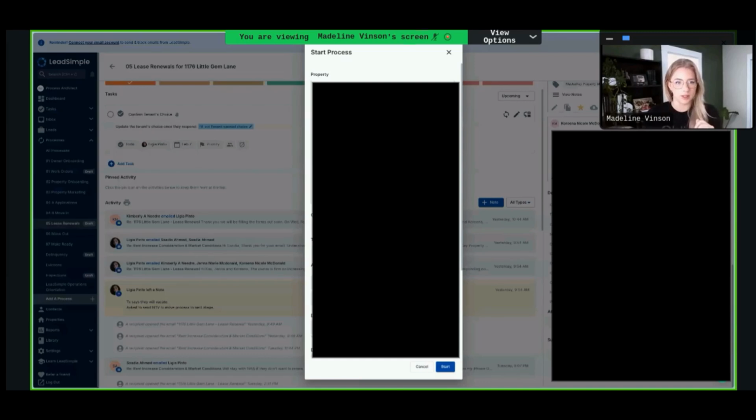It's going to auto populate all of the work you've already done. It also, if you have a process field that was filled out, and this is kind of a crash course in and of its own, there's different kinds of custom fields, and if you had a field that you needed to see in the move out process and the lease renewal process, it would carry from one place to the other. So maybe we need to say, did the owner renew the lease? And the answer was no, and we want to see that in the move out process. If you fill it out in the lease renewal and create a sub process, it will move that data over